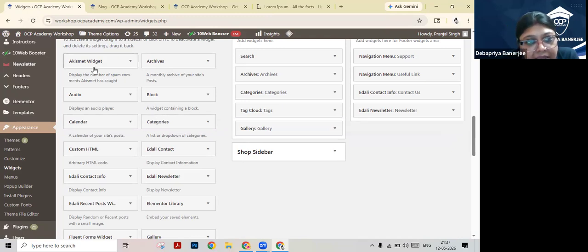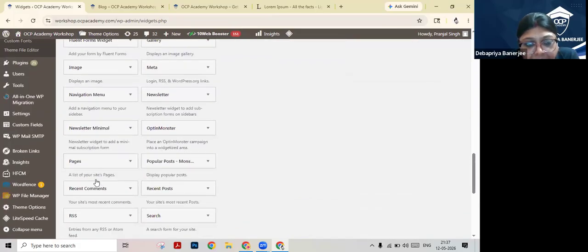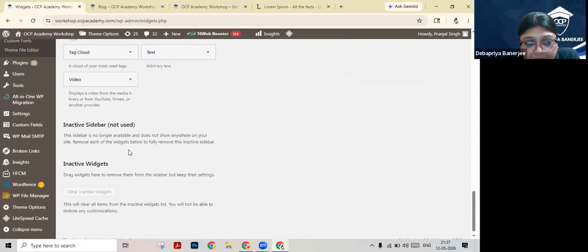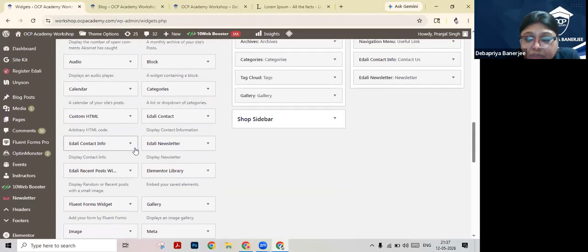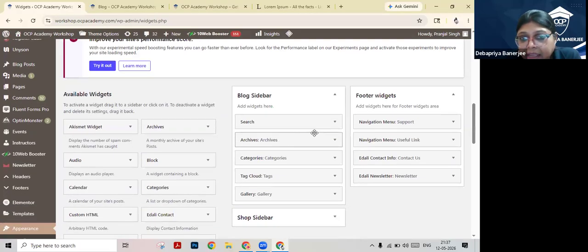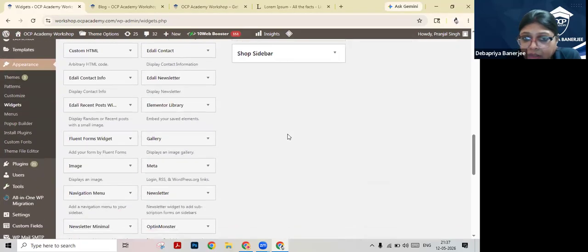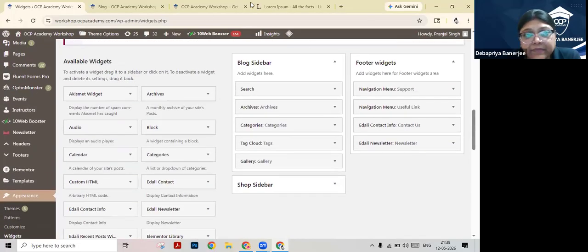ऐसे करके यहाँ से whatever I want to, I can add in the category. These are all available images. Available widgets which are there, which we can add whenever it is required. तो ये shop 3 यहाँ पे available है. एक blog sliders के लिए available है, एक footer widgets है, और another one is for the shop sidebar. Sorry. So ये blog sidebar है.